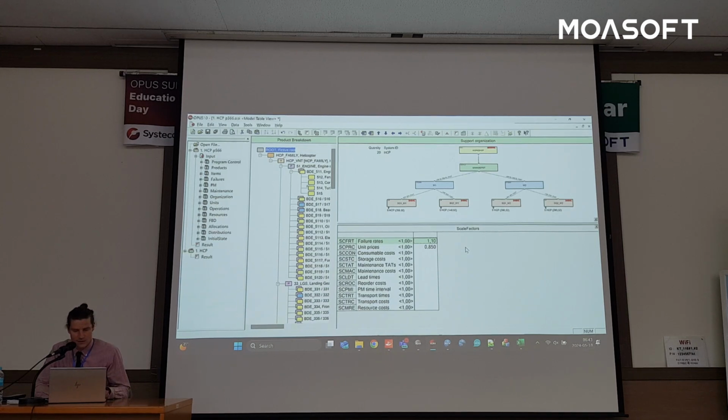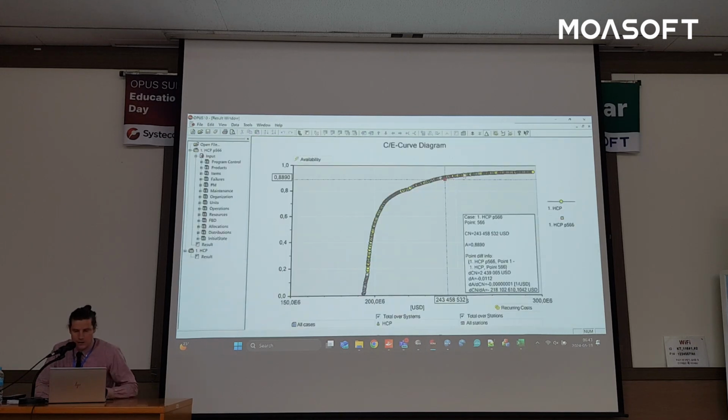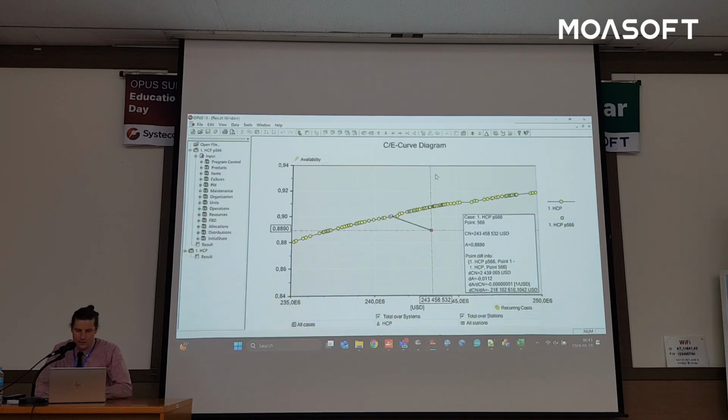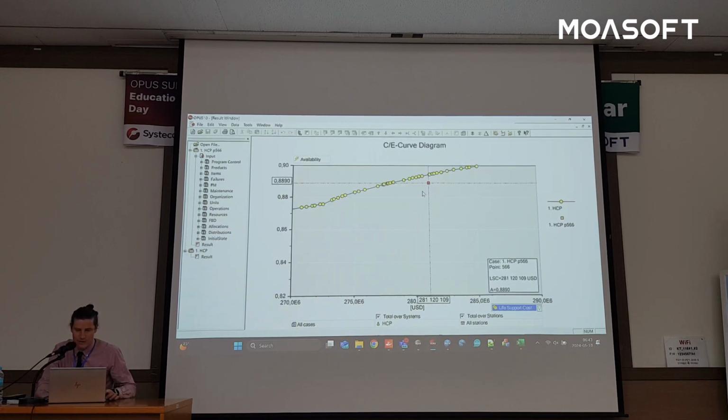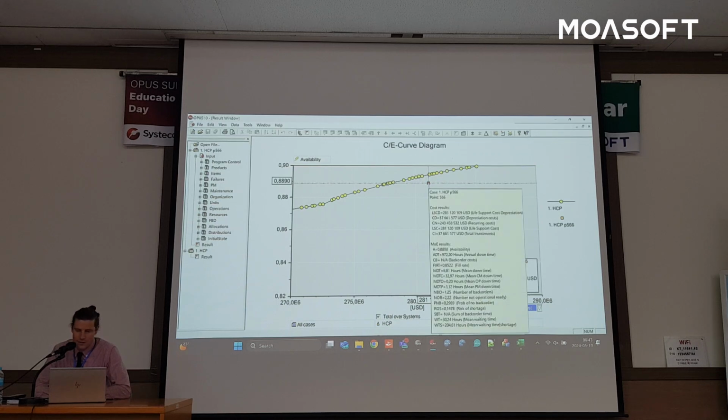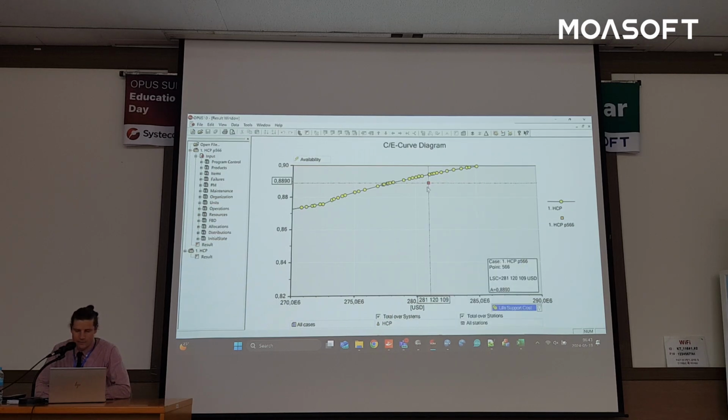Well, that's kind of hard to answer, but here I can just add the number 0.85, so I decrease the unit prices for all items. I run the calculation again, and it turns out that it was not worth it for the entire life support cost. If we zoom in a little bit, it actually ends up below the curve, but much closer. So still not a super good idea